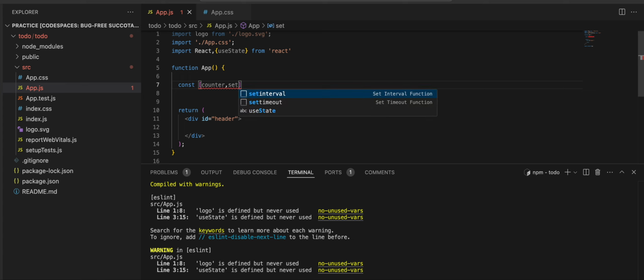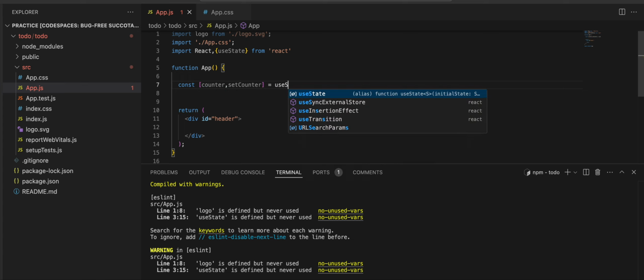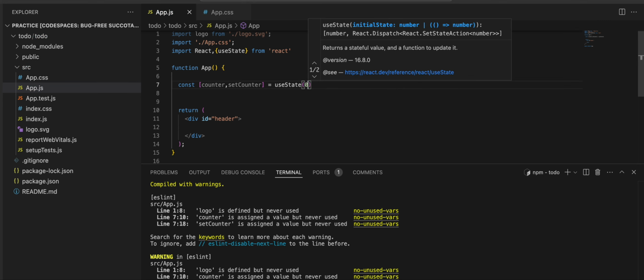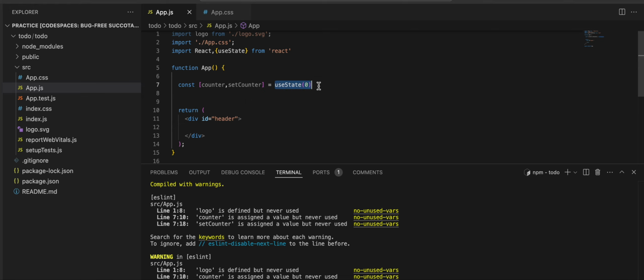and setCounter, useState. We initialize the counter value to 0. The useState hook basically returns a counter and a setCounter function. Counter is the initial value and setCounter is a function. We destructure here in an array,